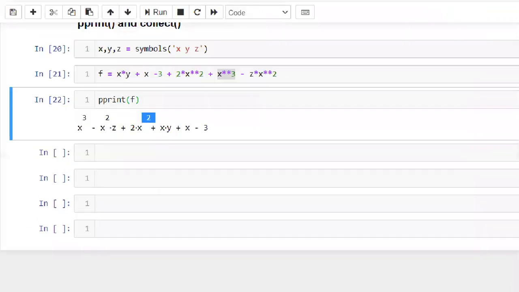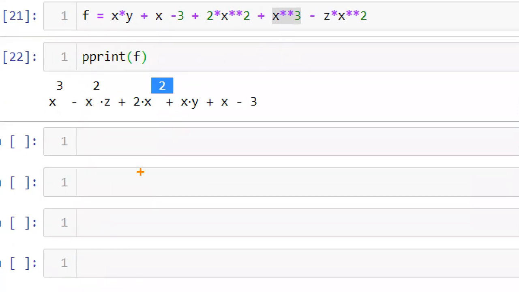Now if you want to perform any operations, all my x cubed values will be represented here. First the x cubed values, and then the x squared value is taken as a common element. Here we have two x squared values, that is 2 minus z, if I take x squared as common.